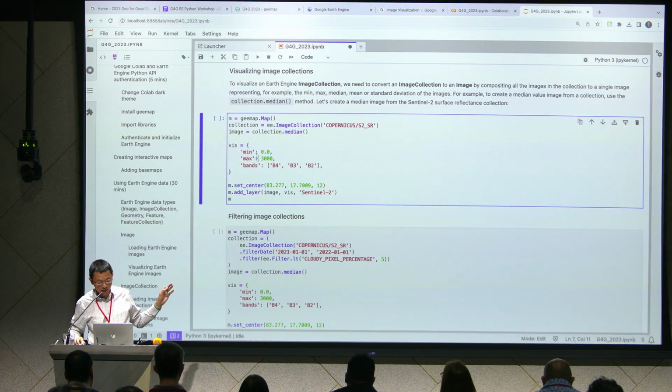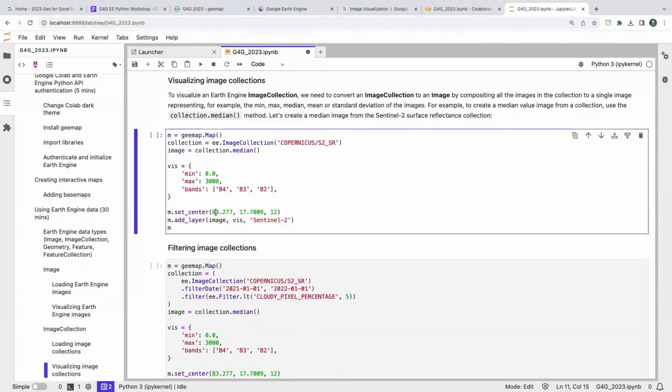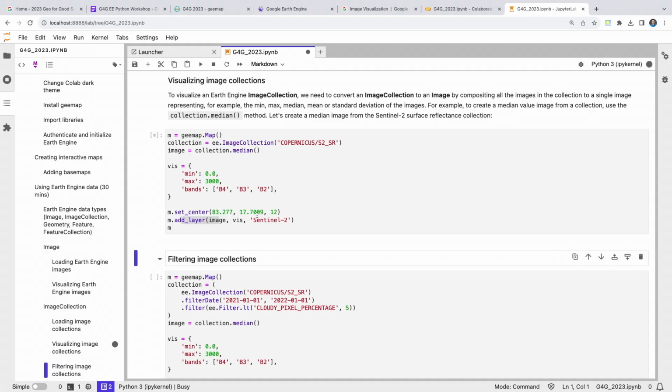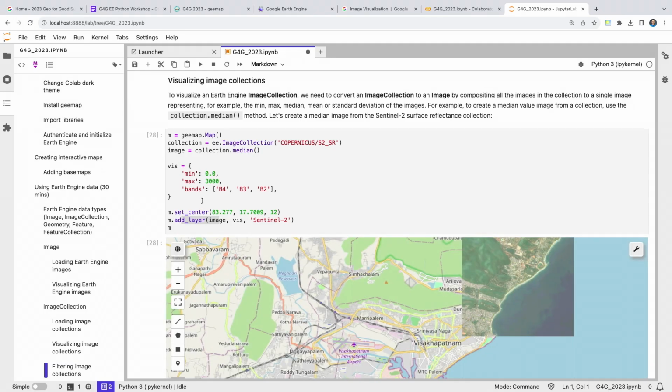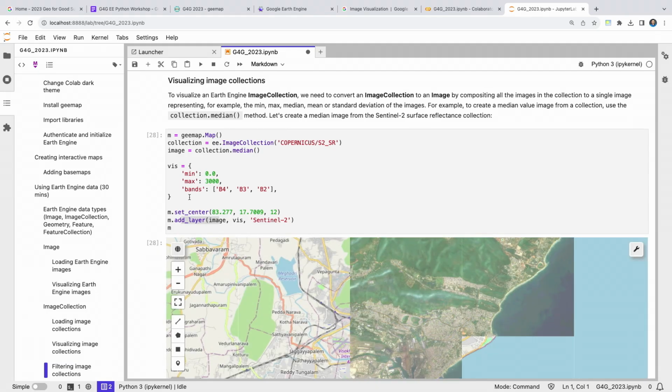Specify how you're going to visualize that. And this one is multi-spectral, so you have the bands parameter rather than the palette. And then you can set the center. Set center here is longitude, latitude. It's a little bit confusing. If you create a map, set center is latitude and longitude. This set center function is Google Earth Engine, so it's longitude and latitude. Similar to if you use JavaScript, set center, camel case, and then add layer, right? Pretty much the same. So what we are doing here is that we are processing tens of millions of images